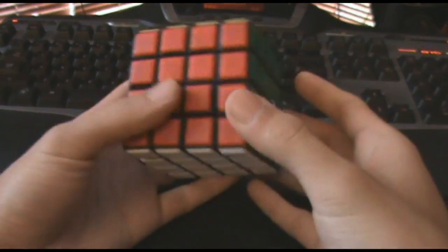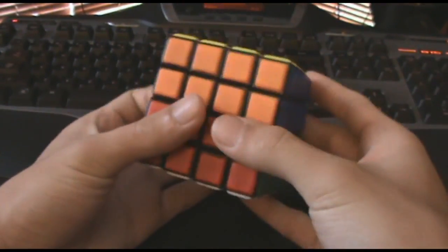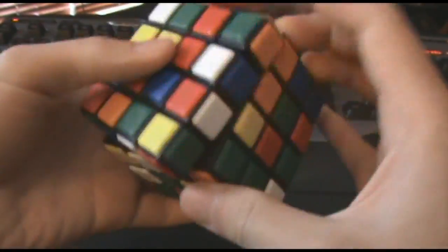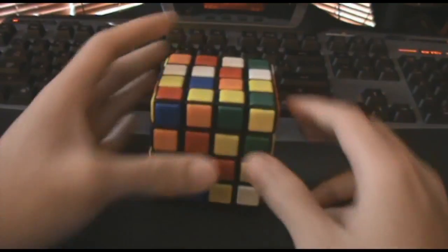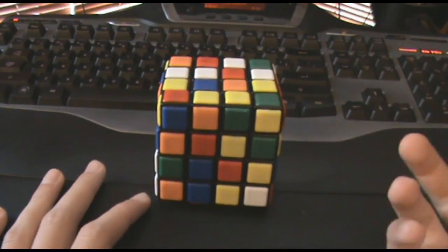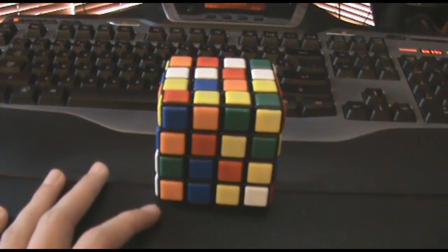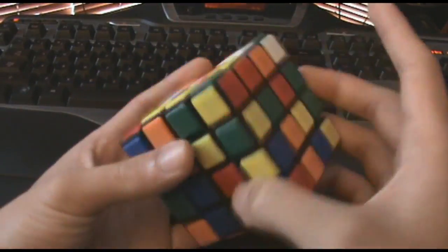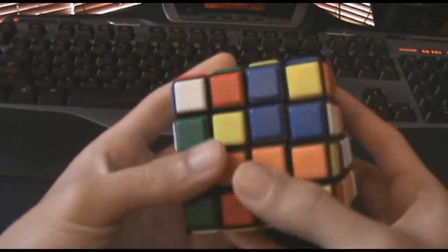Okay, here's a 4x4 edge pairing tutorial. So let me just grab this. Now the method that I'll be teaching is called 3-2-2-2-3. Now it's called like that because that's the order of pairing. You pair 3 edges first, then 2, 2, 2, and then the last 3 edges. So edge pairing is directly after